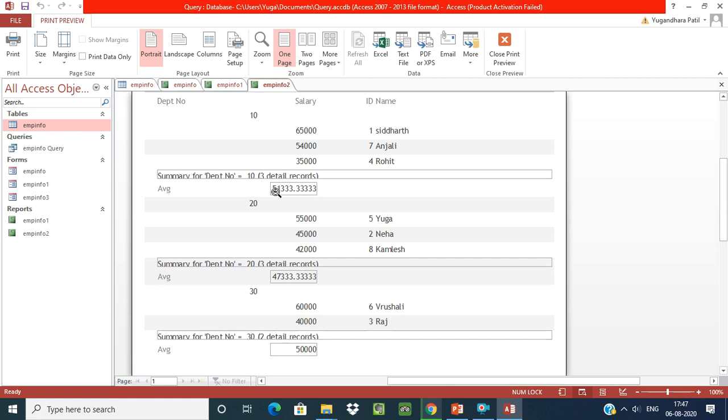When I click on that summary option, the average salary is counted automatically and given here.